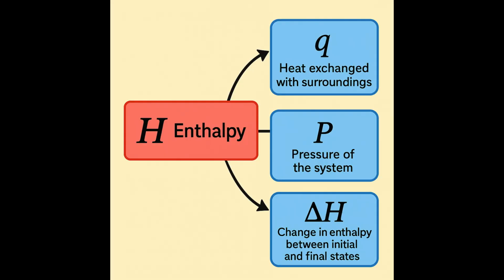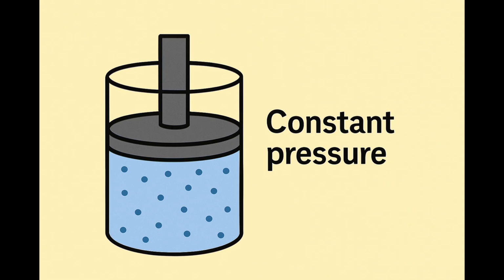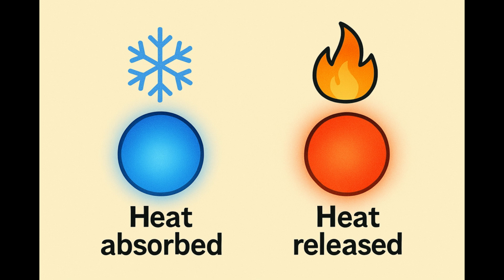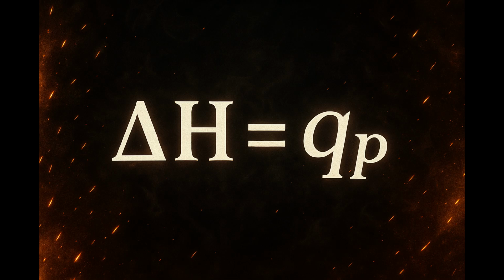or exothermic. Several important variables are associated with enthalpy: H, which is enthalpy itself; Q, the heat exchange with the surroundings; P, the pressure of the system; and delta H, which represents the change in enthalpy between the initial and final states. When a process occurs at constant pressure, the heat absorbed or released, Qp, is equal to the change in enthalpy, delta H. This leads to the important relationship delta H equals Qp, where Qp stands for the heat